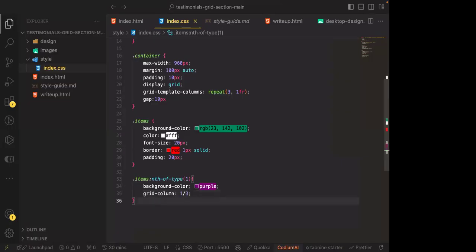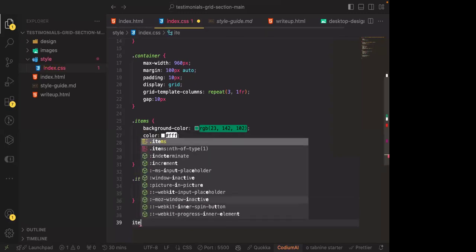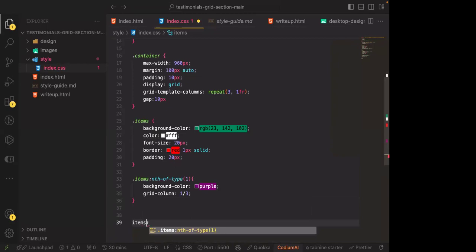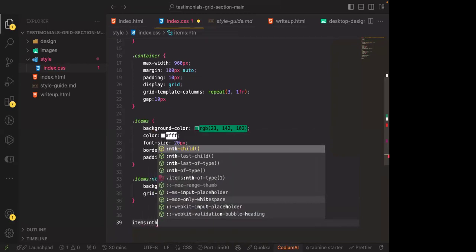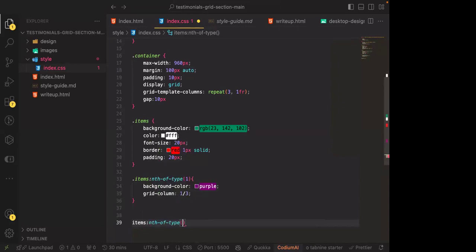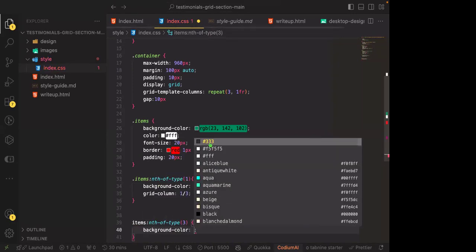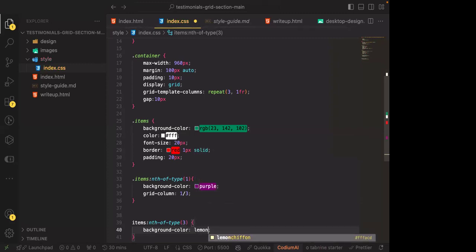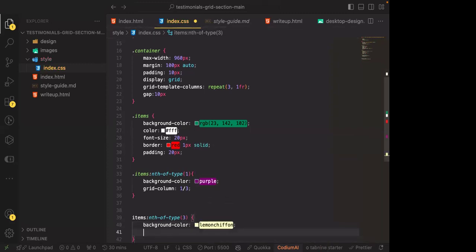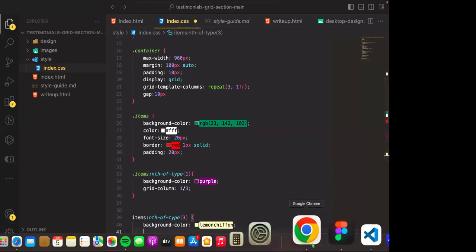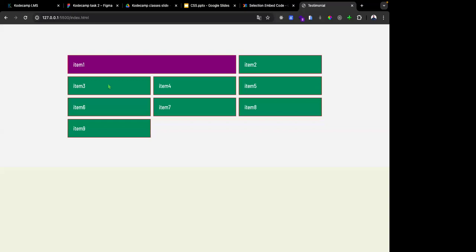So let's style the other one. We have an item, and we have nth. So let me not write N again. I want to style a particular one which is of position 3. Then I give it a background color. What background color should I give it? Lemon chiffon. Okay. And let's extend the grid. Let's give it a grid row so that instead of having a column right here, so this is a column, a straight line is a column, while